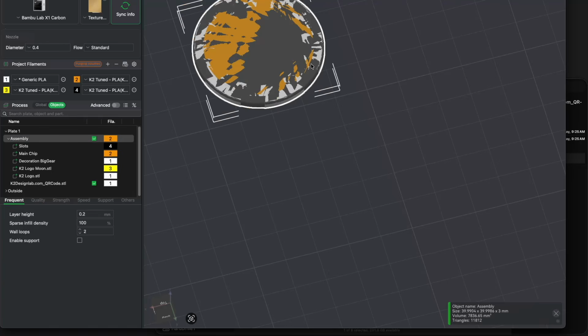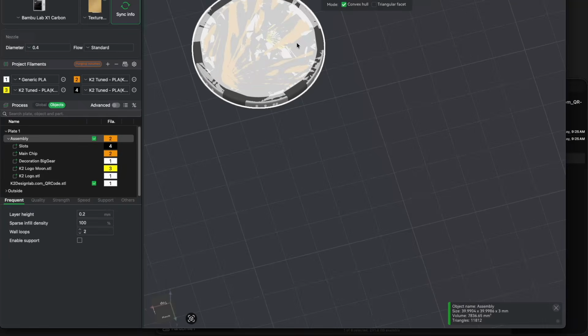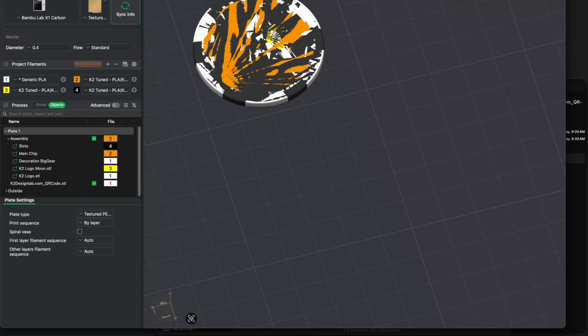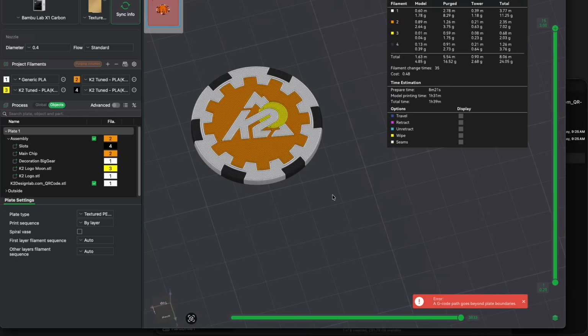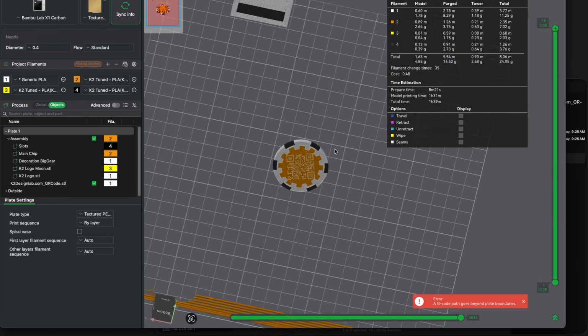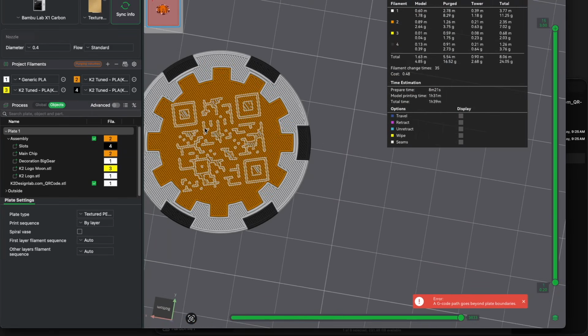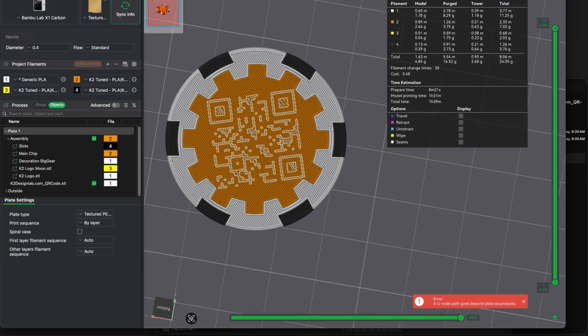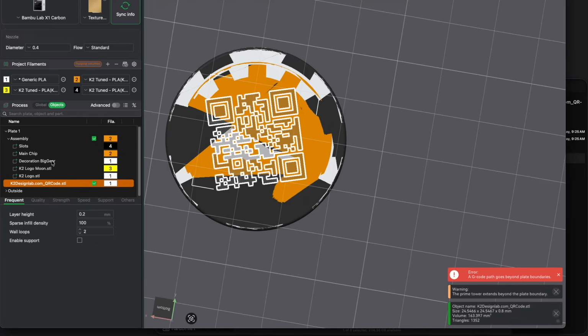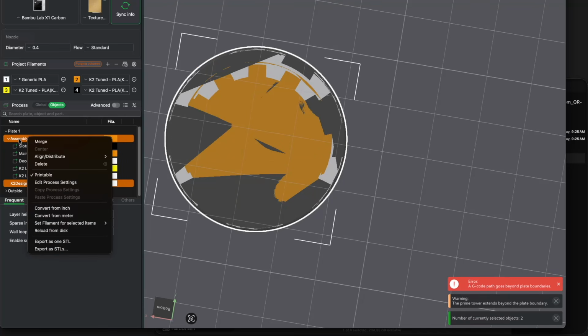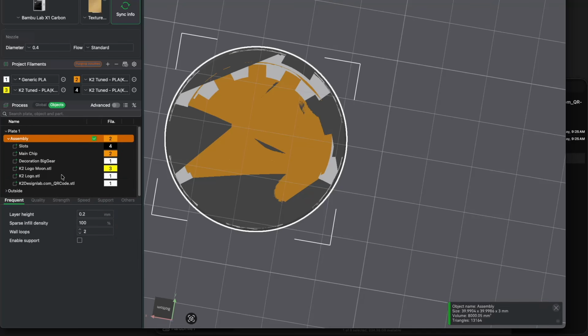So the best thing to do, select your chip, and we're going to flip it over. So I hit lay on face and I click it. If I slice, now we're going to see the logo on the top. And then on the back, we now see the stitched QR code. Again, it's stitched because it's not merged. The object is not merged in. So now we can go ahead, you select the assembly, select the QR code, we merge it,